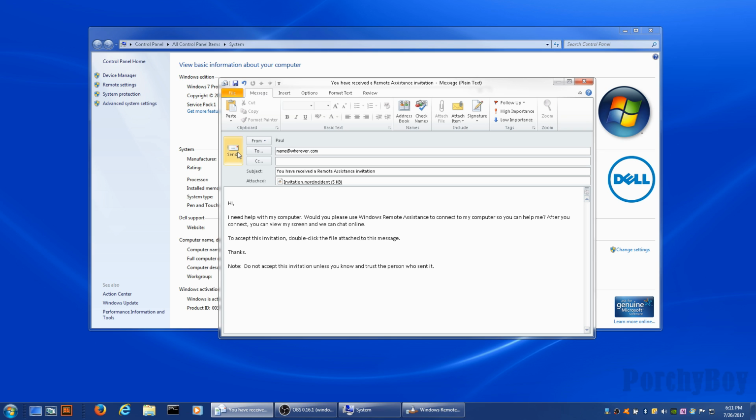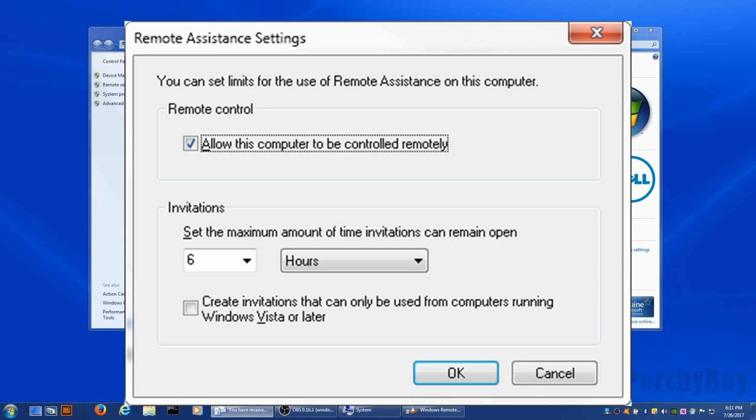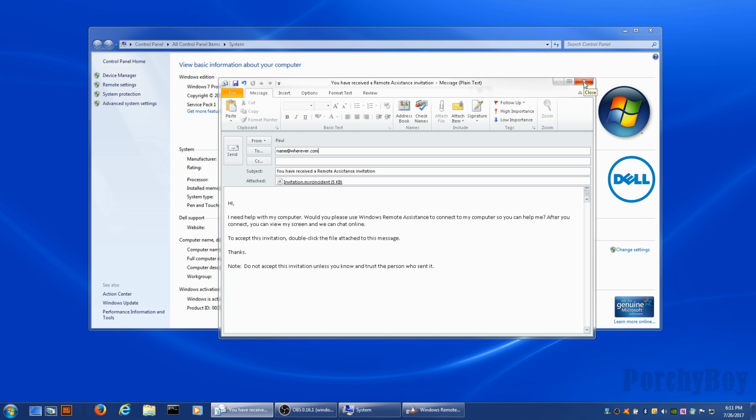And then you just click send. What it includes is this invitation here, and the person who receives this should be able to click on this invitation attachment, and that will provide them with access to your computer. Now it is, I believe, time dependent, so it would have to happen fairly promptly, and of course you would set this up perhaps by phone or even by email, but the person at the other end would be expecting it and know to act on it promptly, and you'd be sitting at your computer at this end